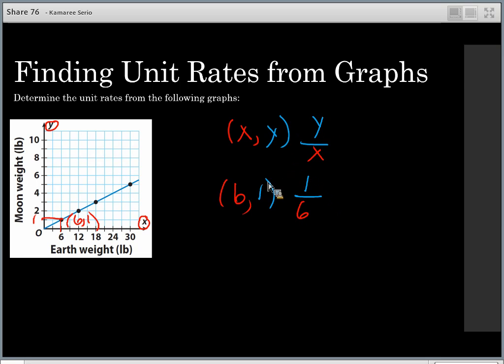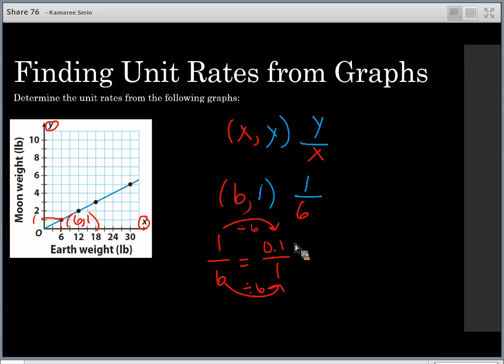Okay, so y is up top, x is on the bottom. However, this is not a unit rate because my 1 is in my numerator. It is not in the denominator. And I need to have a 1 in the denominator, which means to go from 6 to 1, I have to divide by 6, which means I need to do the same exact thing to the top. In your calculators, you can do 1 divided by 6, and you should get a repeating decimal, which